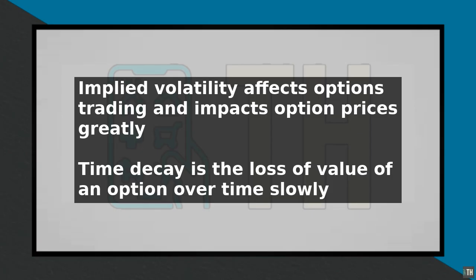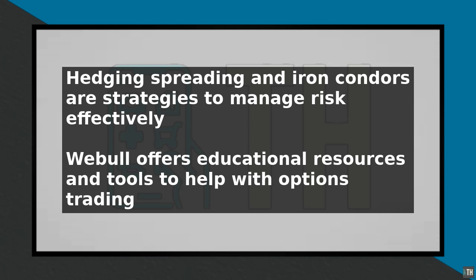Hedging involves reducing risk by taking a position in a security that offsets the risk of another position. Spreading involves buying and selling options with different strike prices or expiration dates. Iron condors involve buying and selling options with different strike prices to profit from the underlying stock staying within a